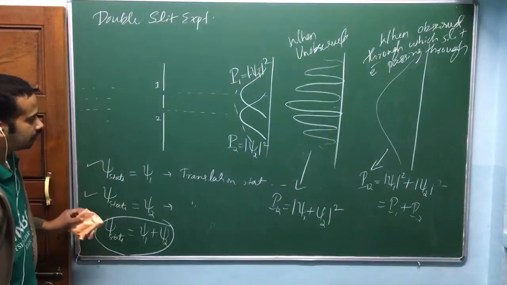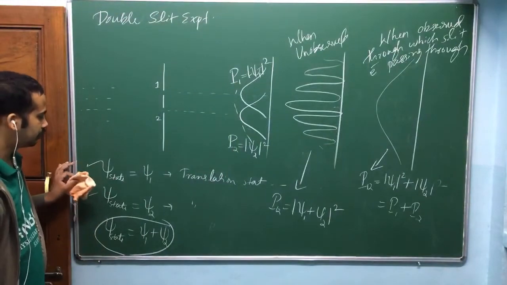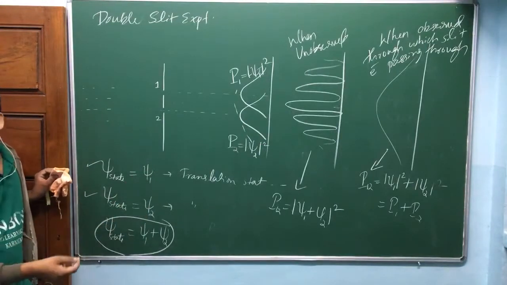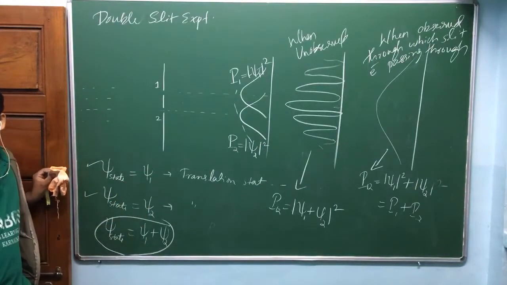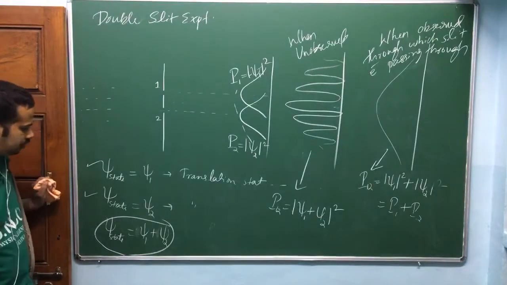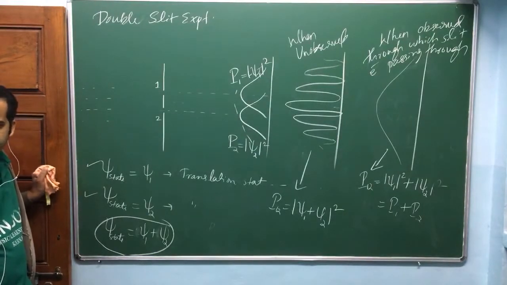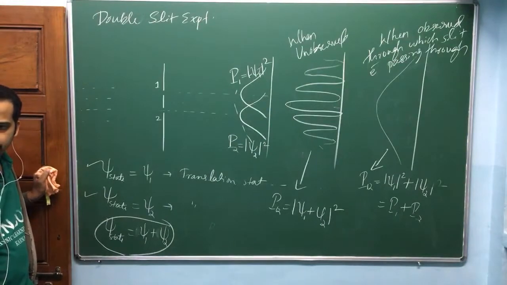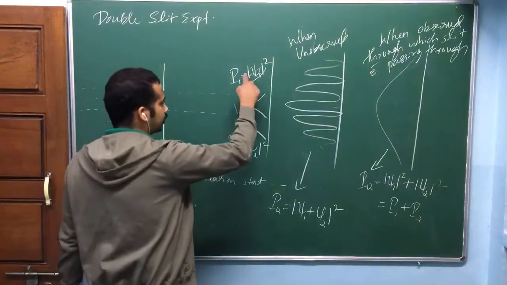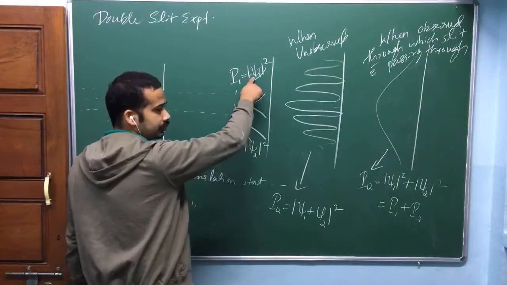Now look here. This is the mathematics. When you observe, you get either this one or this one. When you toss the coin and observe, you will get either head or tail. When you are not observing, it is in the superposition of head and tail. The first translation states psi1. So why can't it be psi1 square? No, I think he wants to say... No. It all started with this one. Look here. Prior to probability, we defined something.